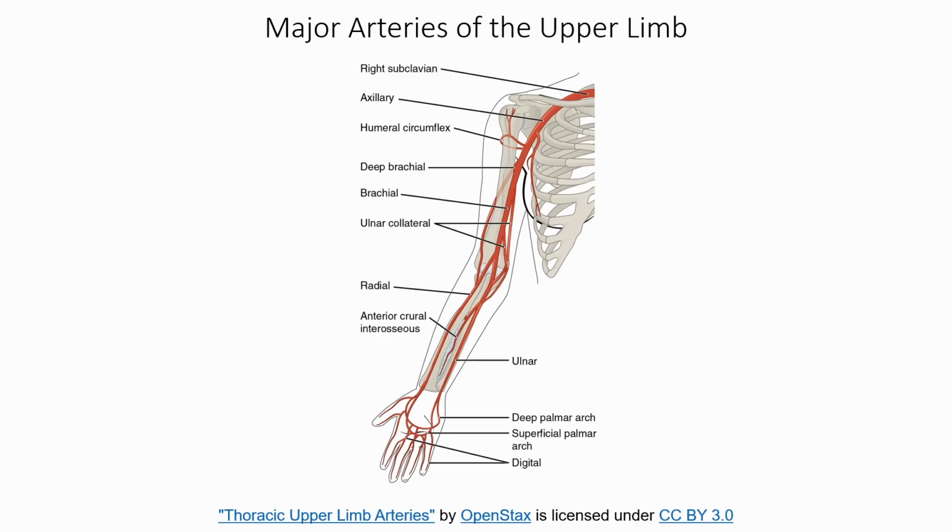It's kind of near the elbow. And then we branch into the radial and the ulnar, each of those following their respective bones, and a blood vessel will actually run between them to the anterior crural interosseous, which is that interosseous membrane that holds the ulna and the radius together. And then we have the deep palmar arch, the superficial palmar arch, and then the digital ones going into the